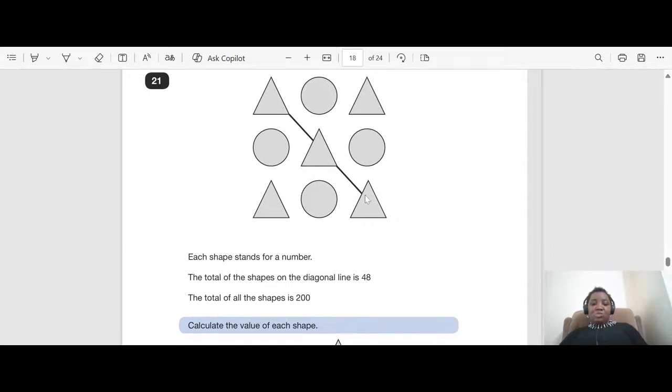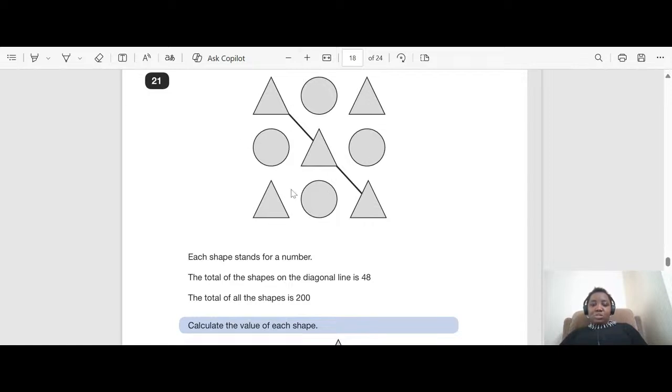So that means to get the value of each triangle, I'll divide the 48 by 3 because I have three triangles and the question tells me that that equals 48. So that means that each triangle is equal to 16. Now the total of all the shapes is 200. So if a triangle is 16, I have 5 triangles in all, and then I have 4